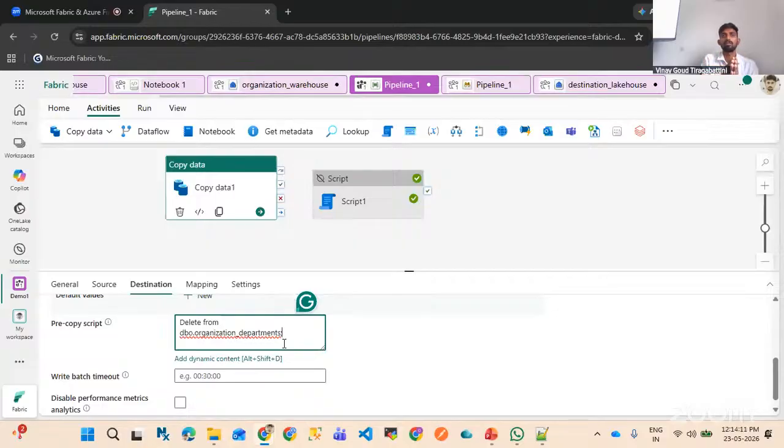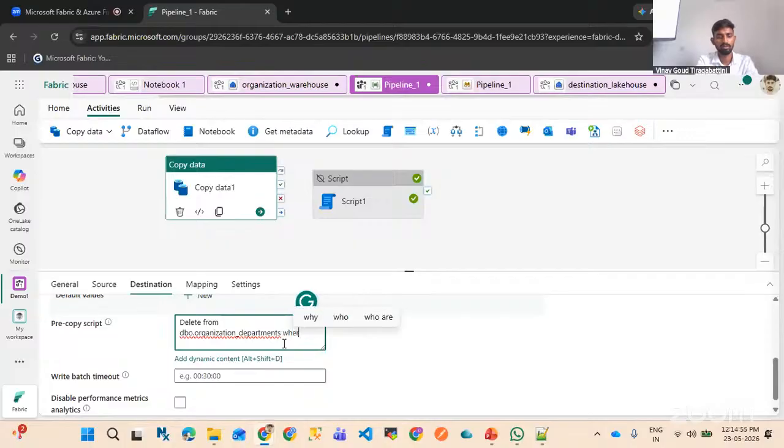say if you have data day wise. So let's say you have 2 days of data, and then you get the data tomorrow. So you already have yesterday's data in the warehouse, and you can delete the entire data, or you can delete only those data in the warehouse, and then load the new data into the warehouse by using some kind of commands. Like if you have date columns, or based on the ID columns, we can use where